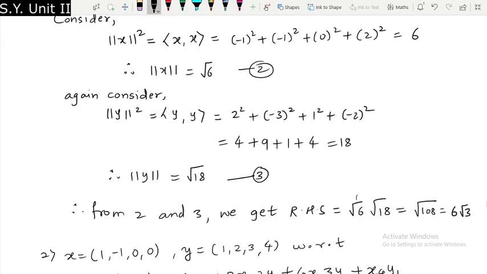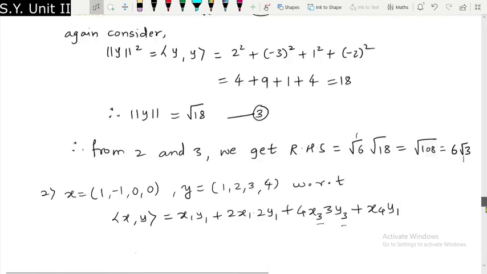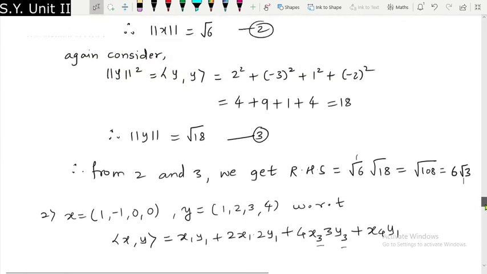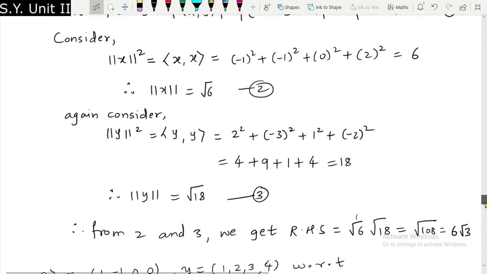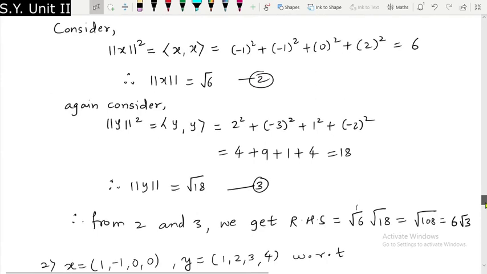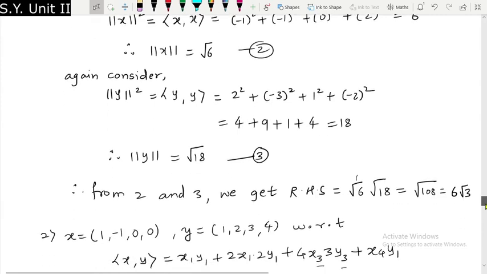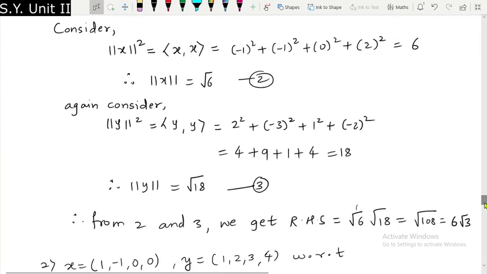So our RHS is 6 under root of 3, and our LHS is 3. Is LHS less than RHS? Obviously yes, because under root of 3 is going to be 1 point something. Under root of 4 is 2 and under root of 1 is 1. So it lies between root 1 and root 4, so it should be 1 point something. I'll call it 4.